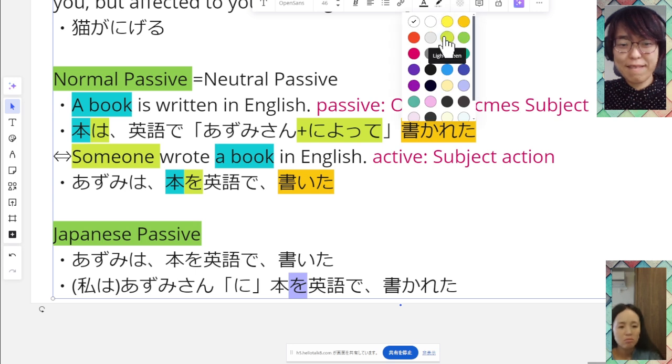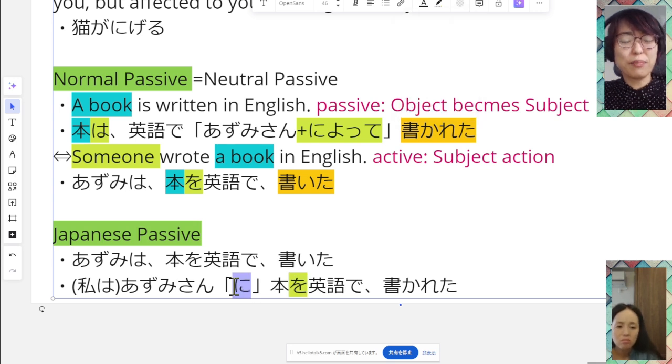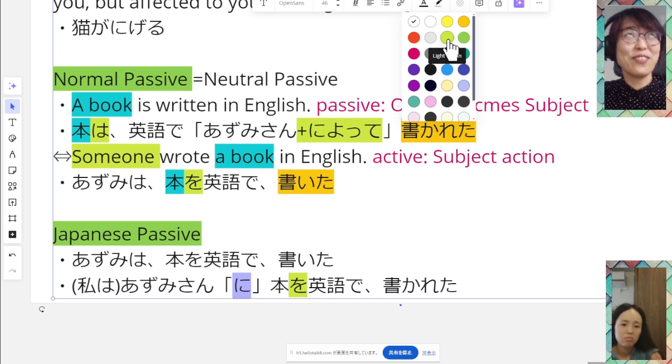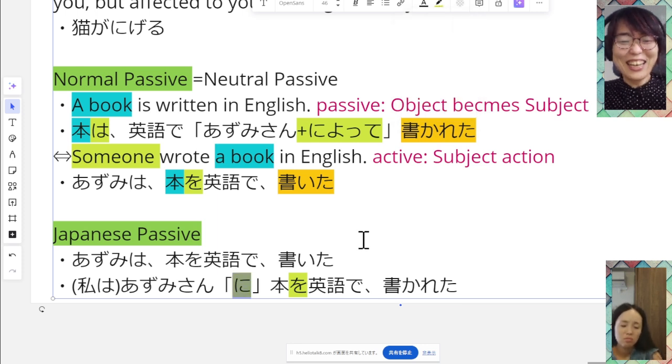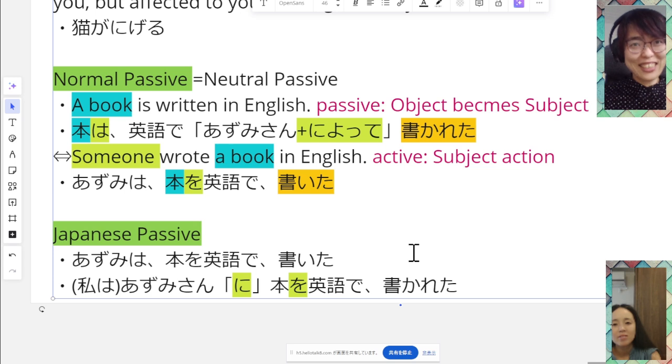Mm. And you use this one. Azumi is the doer. Azumi is the... I don't know what to say. Villain. あずみさんに本を英語で書かれた。Okay, this is something like